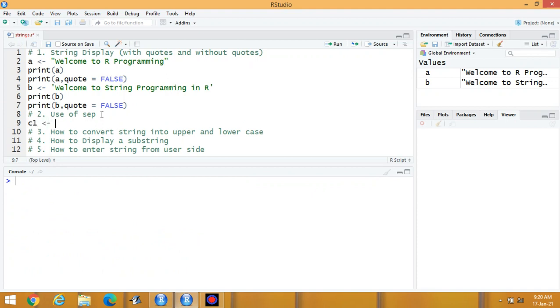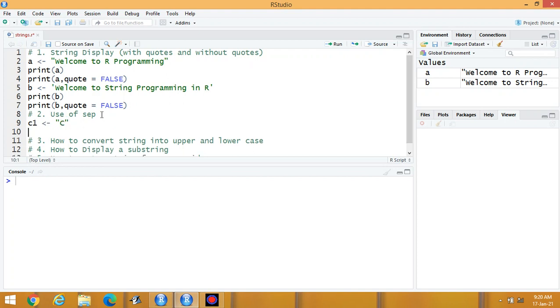Suppose I am entering some programming languages, C, C++, Java, Python.